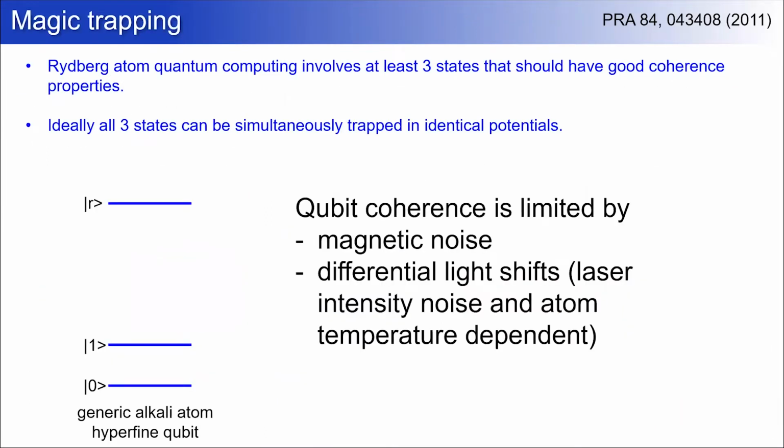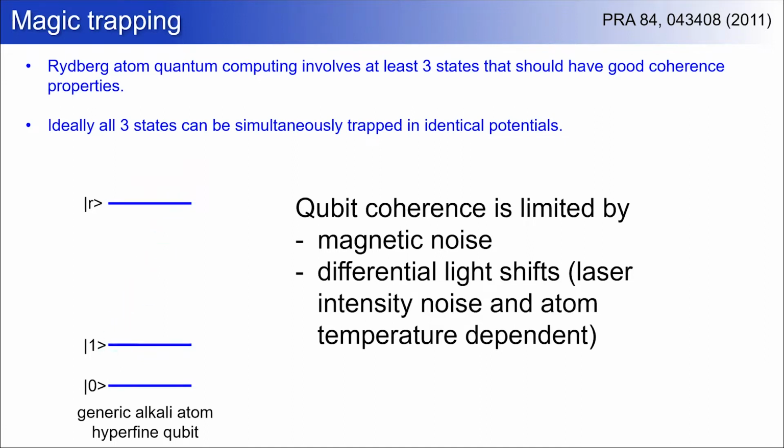So, magic trapping. If we think about Rydberg atom computing, generally we need at least 3 states. We're going to need a couple of states to encode a qubit and some Rydberg state to get strong interactions. Ideally, you want to trap atoms in all 3 of those states simultaneously in an identical potential, such that when you transfer the atoms from down here to up there to implement logic operations, you don't excite them mechanically and